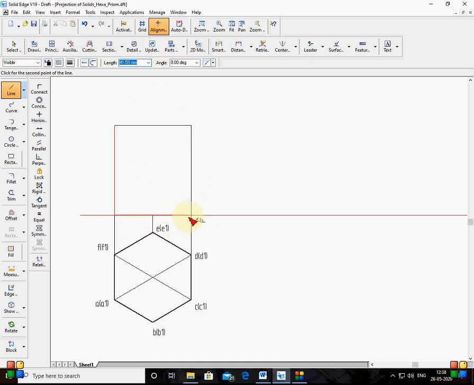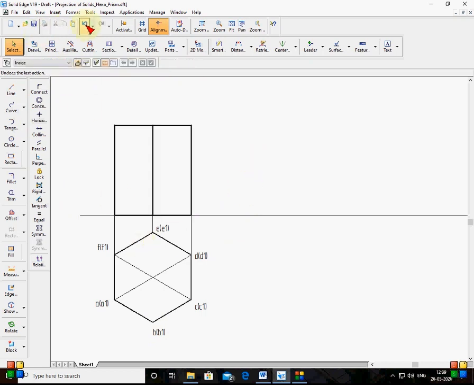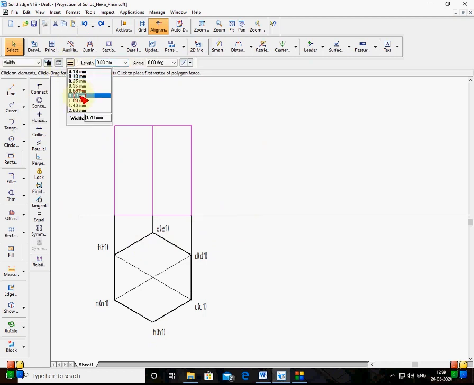Okay, so this is the 50, and this edge is BB1, this edge is seen. Behind BB1, E1 is there and the axis is there. So this edge is seen. This is the front view of this hexagon. Now this I'll make dark, so I'll use dark here. I'll use 0.5, 0.7.